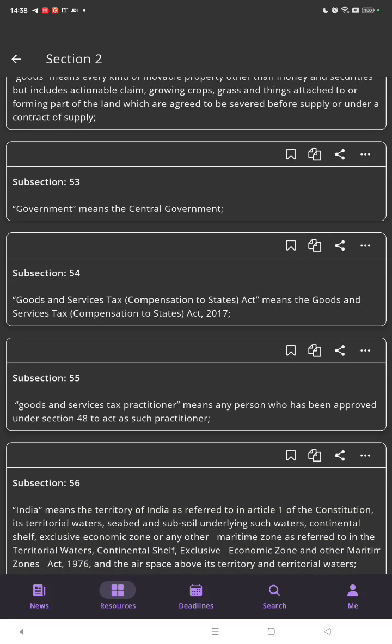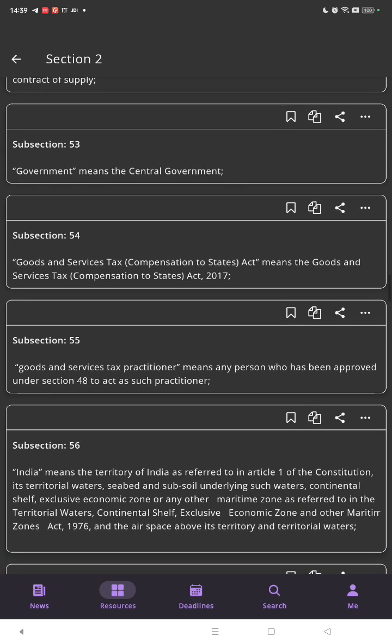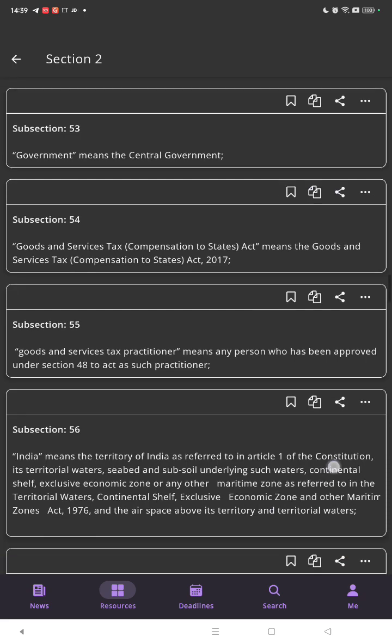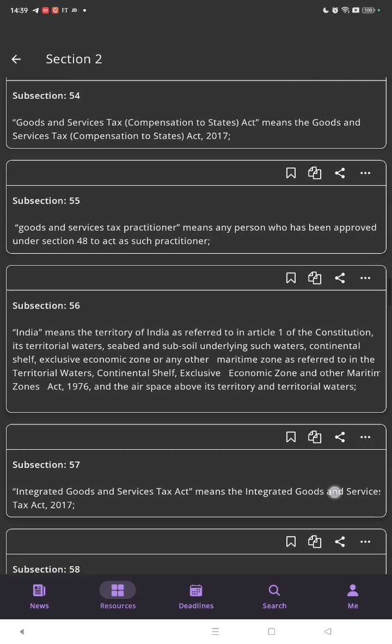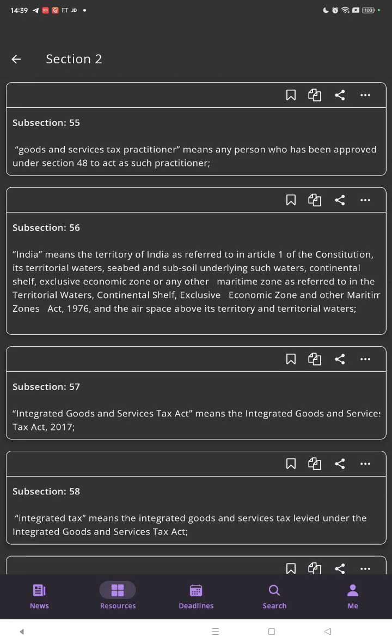Subsection 53. Government means the Central Government. Subsection 54. Goods and Services Tax Compensation to States Act means the Goods and Services Tax (Compensation to States) Act 2017. Subsection 55. Goods and services tax practitioner means any person who has been approved under section 48 to act as such practitioner. Subsection 56. India means the territory of India as referred to in Article 1 of the Constitution, its territorial